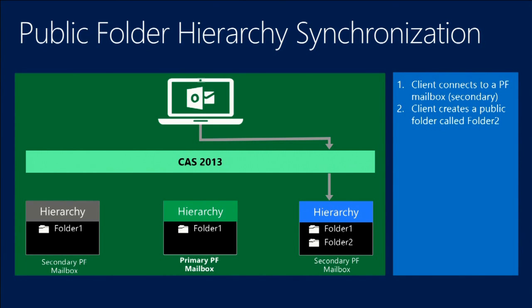And the synchronization, of course, is only based in the primary public folder mailbox. So the main hierarchy, the main read-write hierarchy storage position is the primary public folder mailbox. And only there, a writable copy of the data of the public folder hierarchy resides. So what happens here? When the user creates a public folder, basically the public folder mailbox the user is connected to, the secondary public folder mailbox, contacts the primary public folder